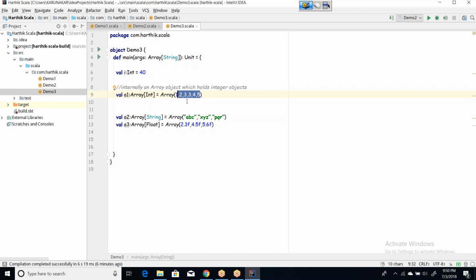6 integer objects got collected as only one object. That collection of data, what will it be called? We call them collections. What is a collection? Generally, how do you define a collection? Collection is about